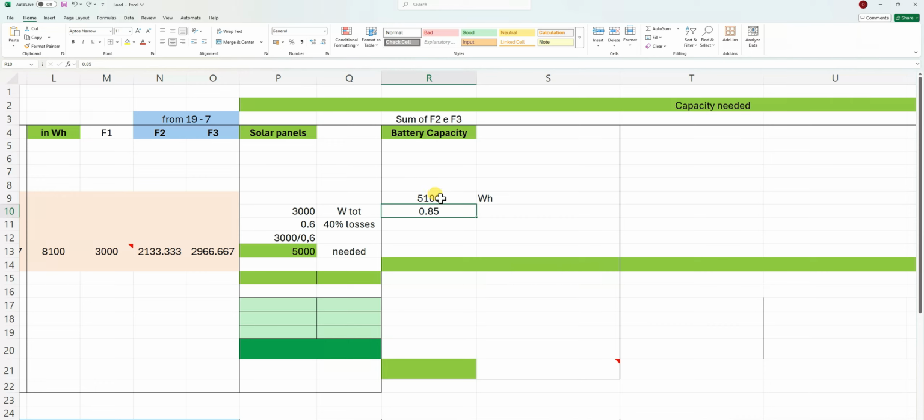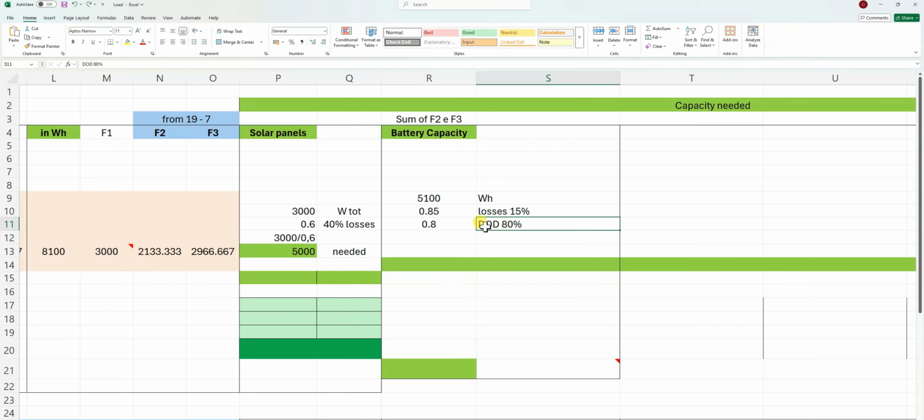But as you know, there are some losses in the battery. So this value is after all losses. So I have to calculate the losses and then I will get the exact value of the battery that I will be needing. So I am assuming 15% losses, that is 0.85, and then there is